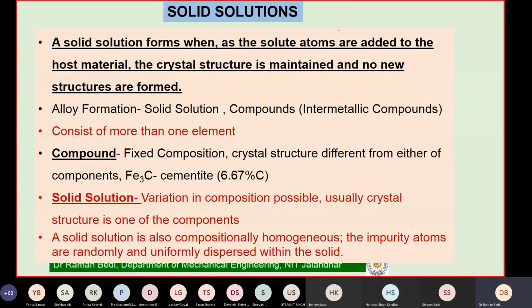Okay, so alloys, we will name them as solid solutions. Instead of saying alloys, I will better call them solid solutions, on the same lines as a liquid solution, liquid plus solid. So when you talk about solutions, you are talking about two terms here, the solute and the solvent. Which one will have the larger percentage?